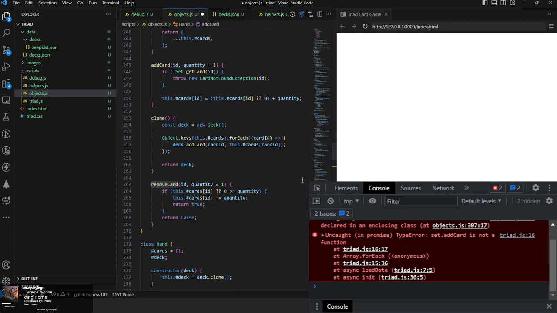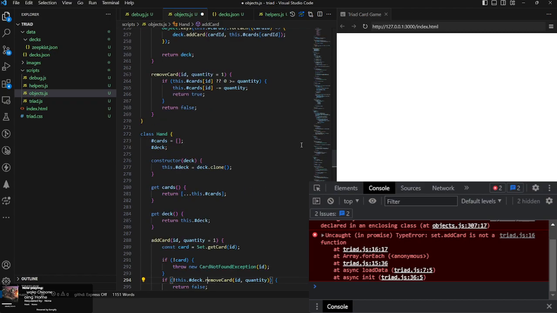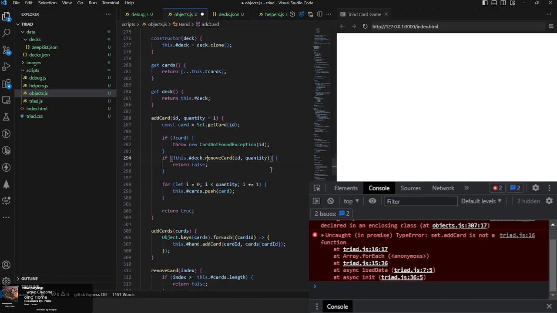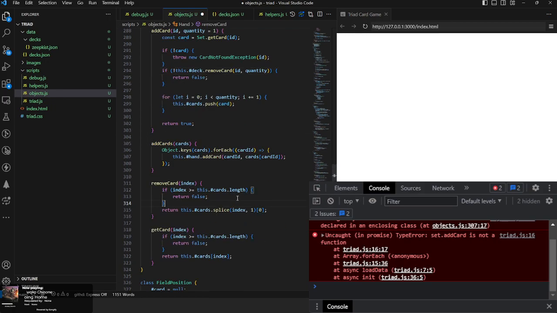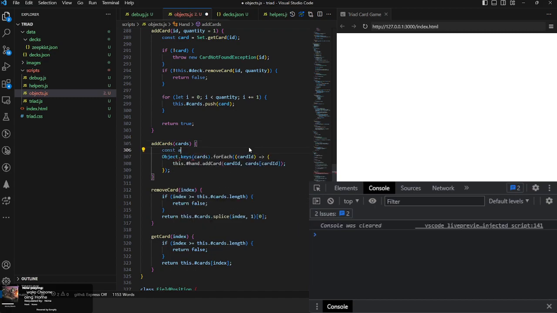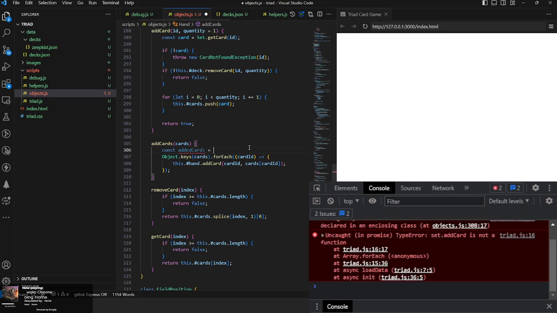Okay, so this, otherwise false. Okay, so yeah, add cards. Const added cards is